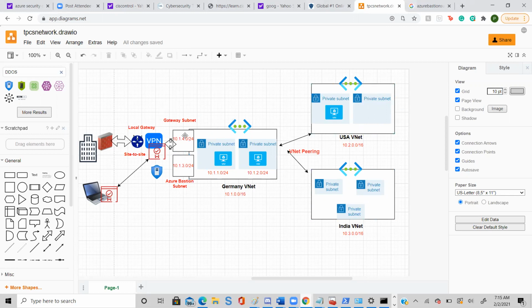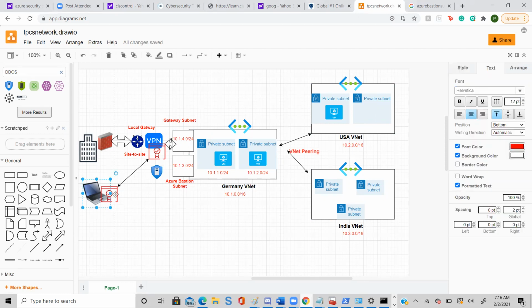But I have to first connect to Germany. And for my client, I need a certificate. Either I can purchase a certificate, or for testing purposes I can generate a certificate which is only internal to me. Using this certificate, I authenticate to my VPN, and then I can enter into my Azure network.